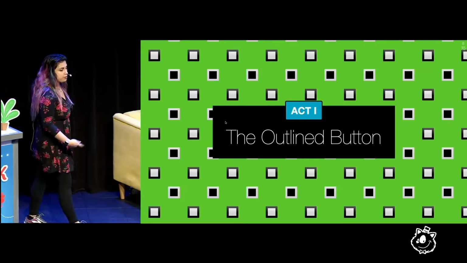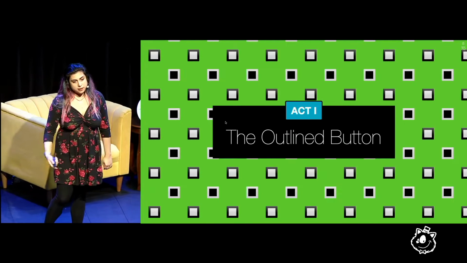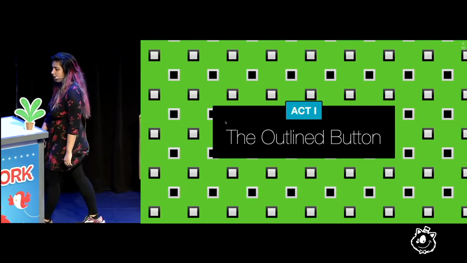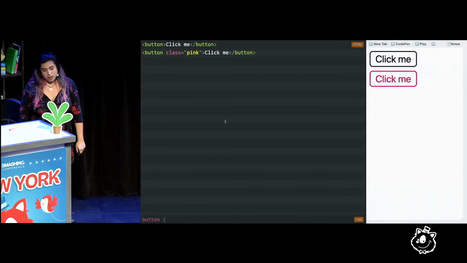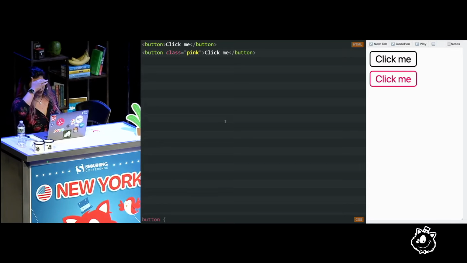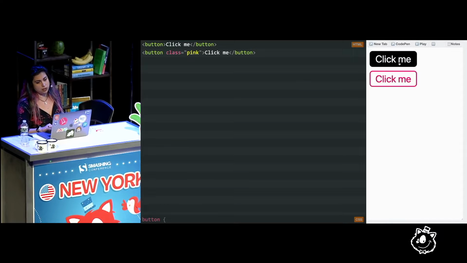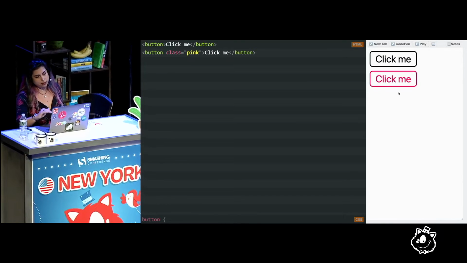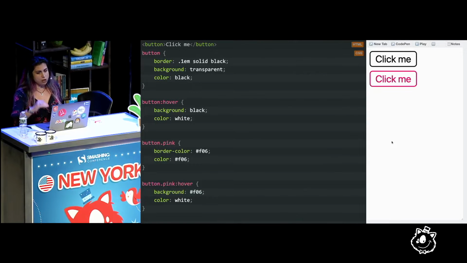So without further ado, the first act is going to remind us of some things that you might already know, and also teach us some best practices. But it's more about laying down the fundamentals. It starts with this very simple code example. It's a button with a style to look outlined, and when you hover over it, the entire background goes its primary color. And right now, it's not using any variables, as you can see. It's just having a lot of repetitive code.